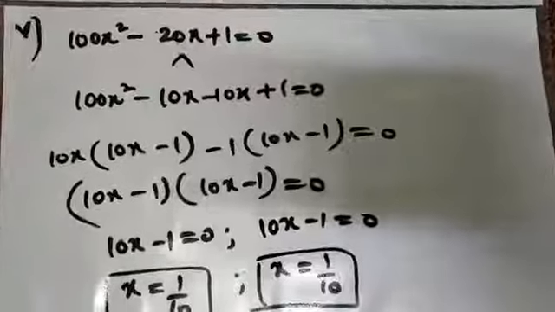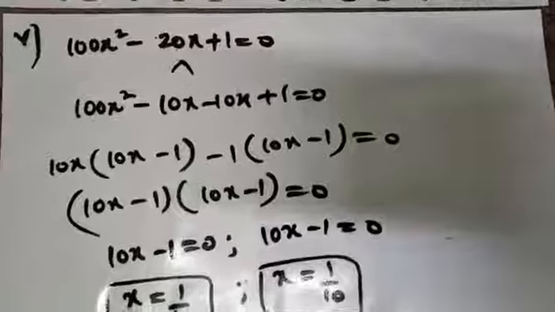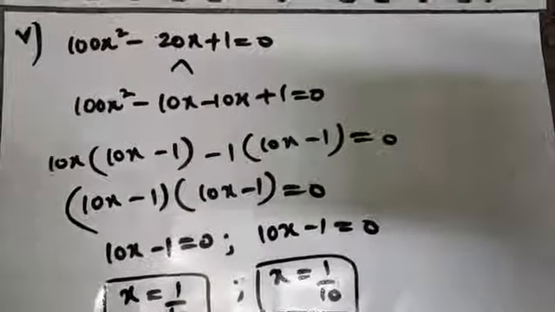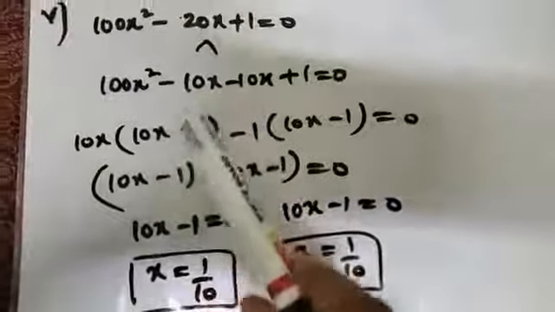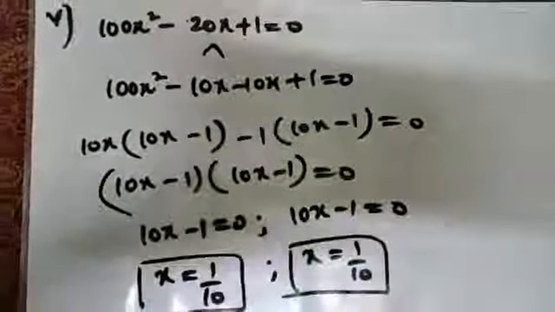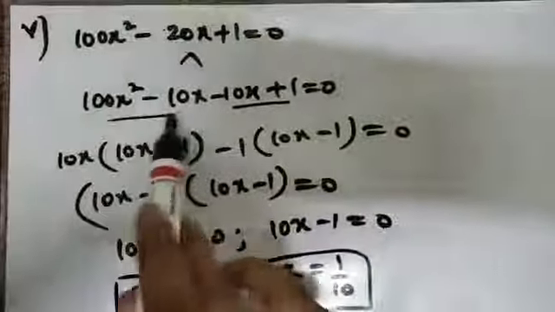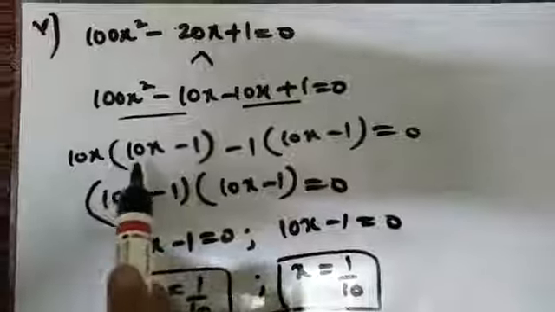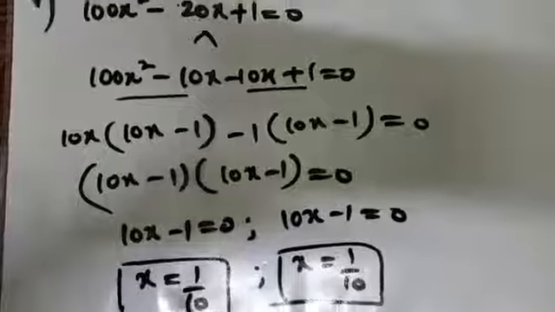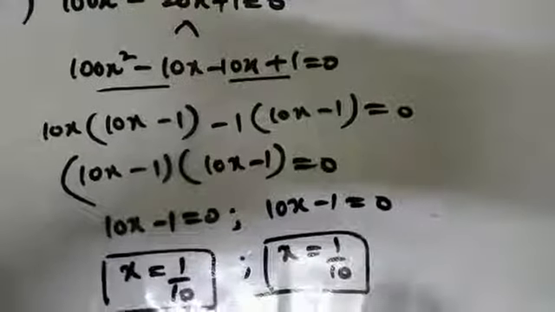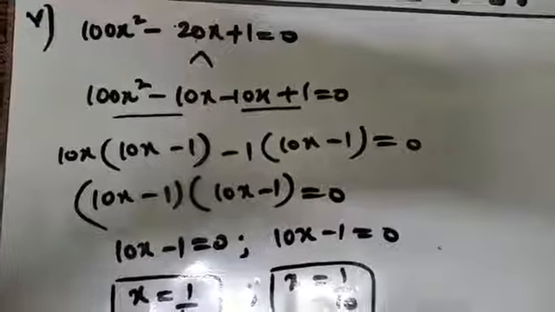In the fifth one, here you can see it is given as 100x square minus 20x plus 1 equals to 0. So on splitting middle term, I got minus 10x, and on multiplication I'll be getting 10 times 100. So based on that, again I have taken two terms together so that I can take common. So I have taken 10 as common from between them, and I got these brackets. So you also do check your process, and you should get the final answer as the roots x equals to 1 by 10 and 1 by 10. So this is how we have completed our question number 1 of exercise 4.2.